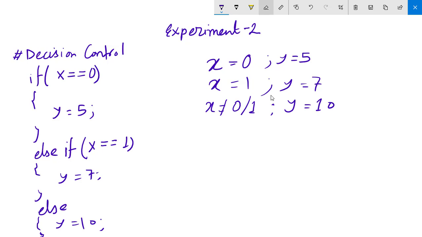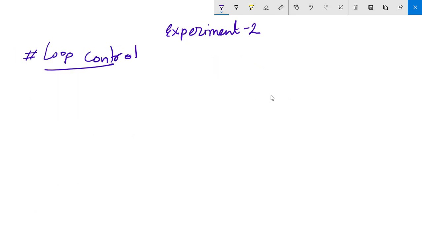Then let's move to loop control. Okay, so what is loop control? When we write computer programs, sometimes we need to execute the same command for multiple number of times. Let's say you are asked to write a program to add all the numbers from 1 to 100. 1 plus 2 plus up to 100.